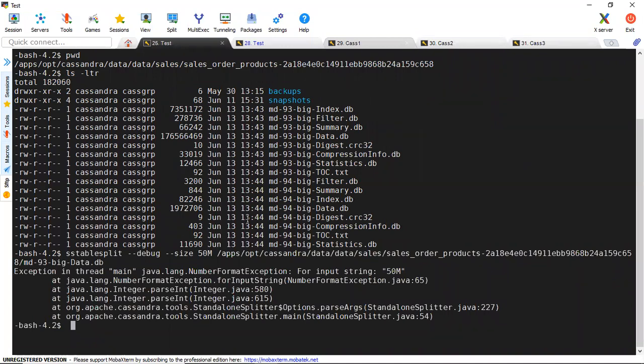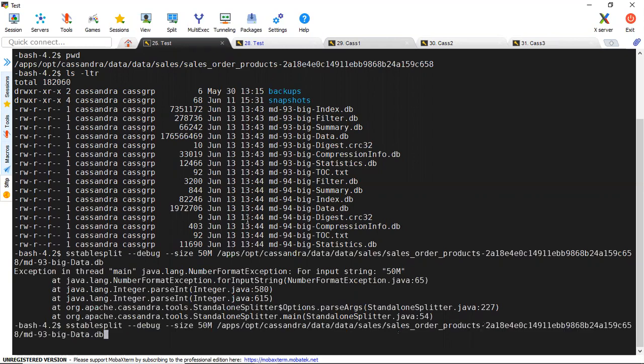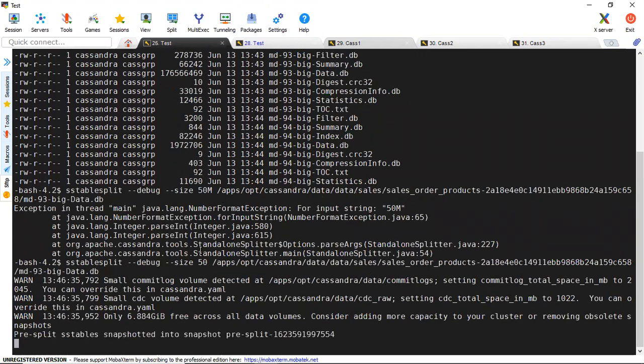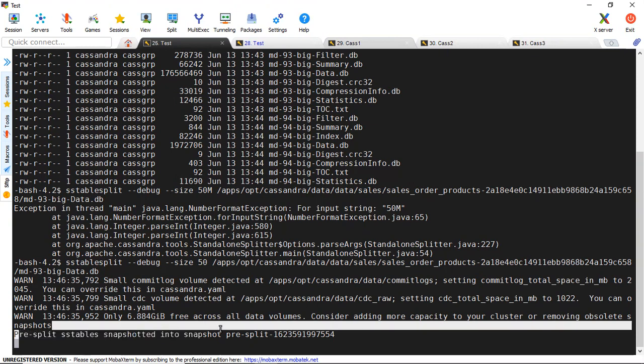As I told you earlier, you are not supposed to pass units, so that's why we got that error. So 50 means it will split your SS table into 50 MB files. Now, if you pay attention, it is also taking a snapshot of your SS table before splitting.